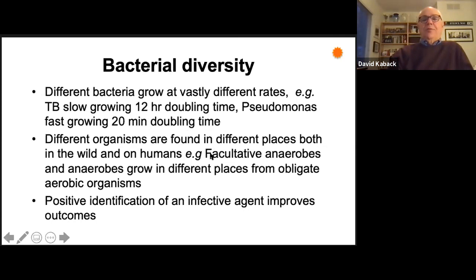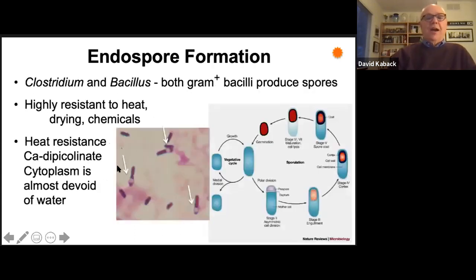Different organisms are found in different places, both in the wild and in humans. And positive identification of an organism, which is based on all of the characteristics I told you, enables you to affect the outcome of dealing with an infection. It enables you to treat with the right antibiotic at the right time. Finally,